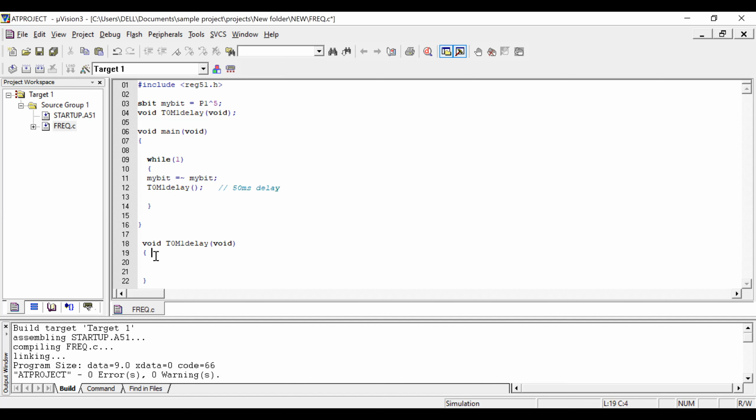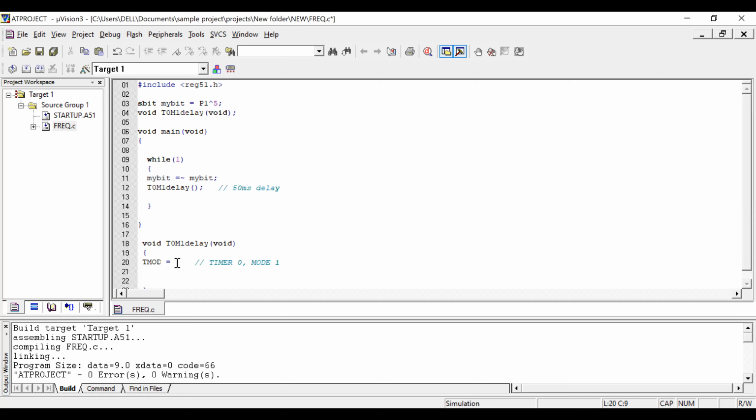Now I want to generate a delay of 50 milliseconds. What should I do? My first step is to take the TMOD register and program it. While programming, we should select timer 0, and mode 1. So what is the value here?